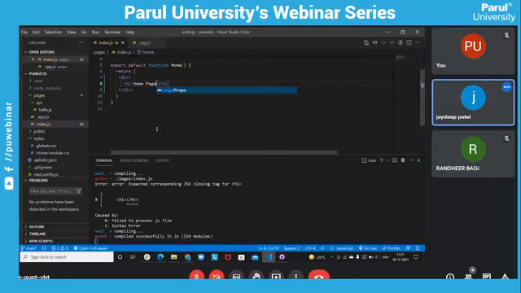This is next thing. Don't forget to export default, otherwise it won't work.